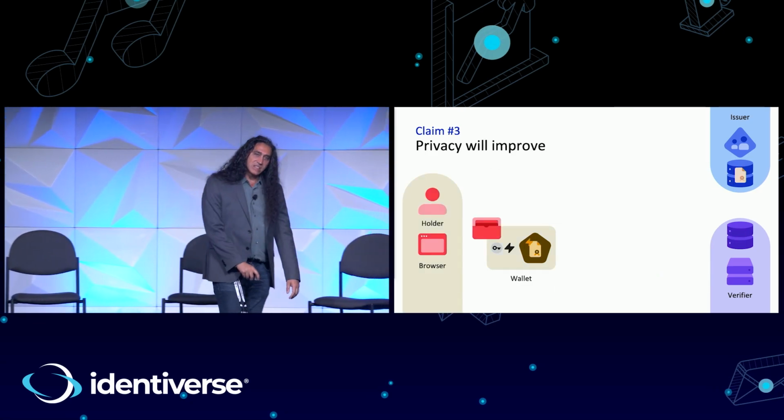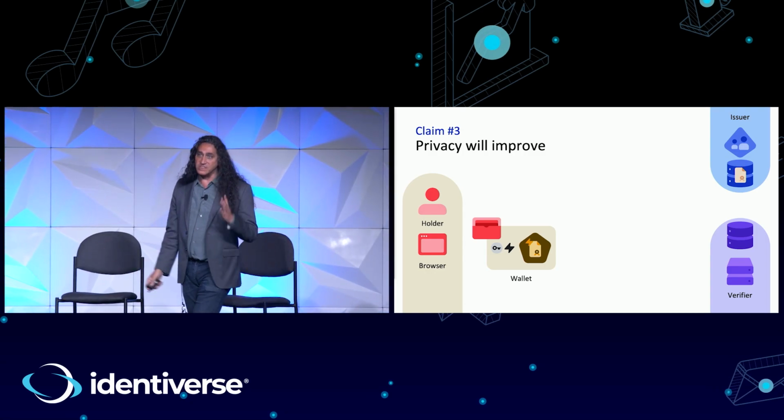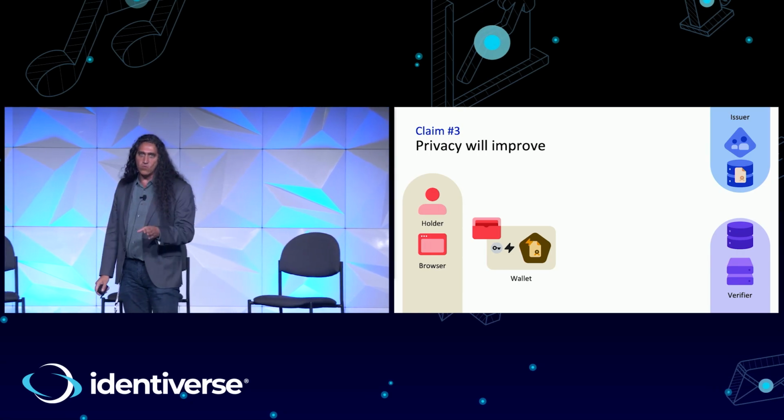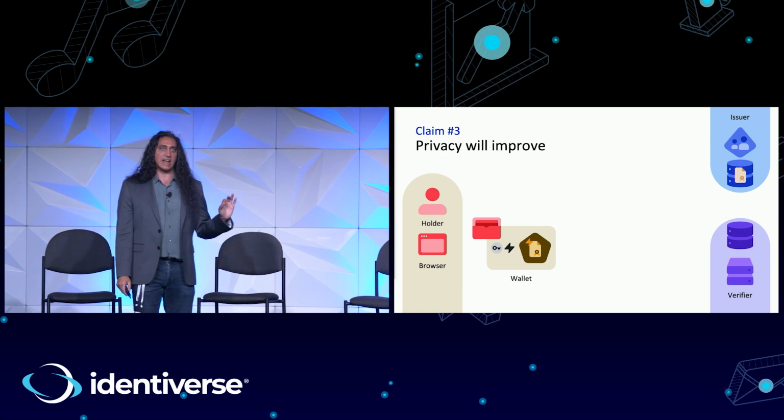And the last one, privacy will improve. Privacy will improve toward the issuer, because now the issuer doesn't know when and with whom I'm using my stuff. That is a net improvement. That's fantastic. I can now,